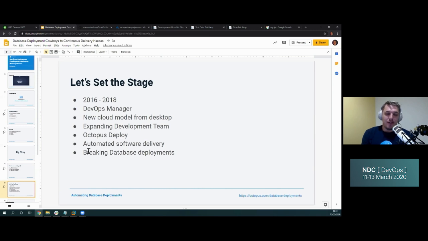Now, I think DevOps manager as a title can be somewhat confusing, but I was responsible for automating our software delivery. We were deploying once a month, and it wasn't frequent enough, and we needed to try and increase that. The reason it was taking a couple of months when I joined was that we were deploying our applications